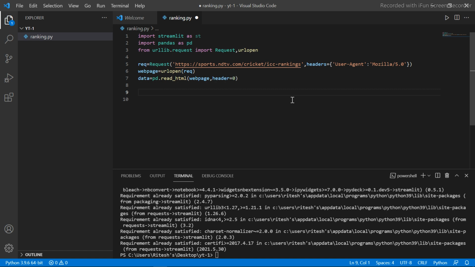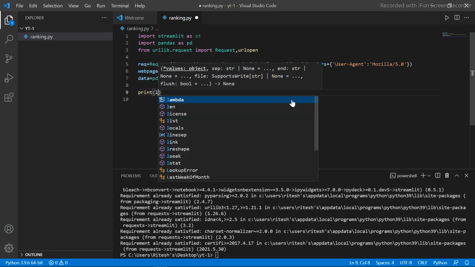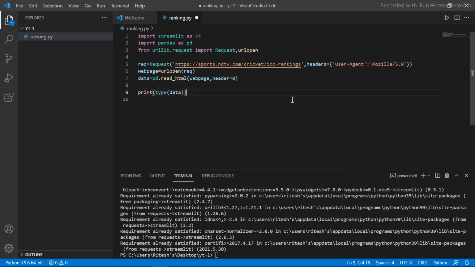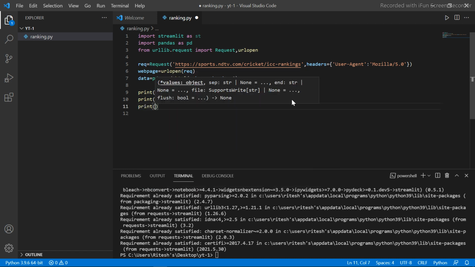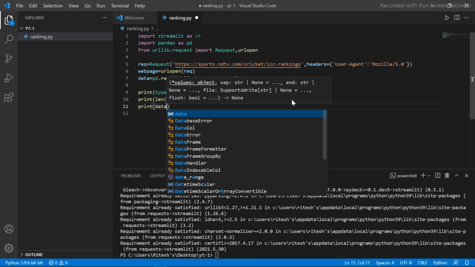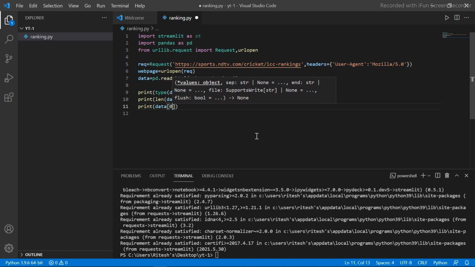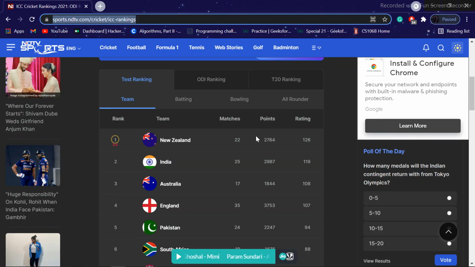Now in this data variable we have all the tables which were on that site, and it is of type list. We can check it like print type of data, print length of data, and print data[0]. So we will see the first table, which is the team ranking of test.